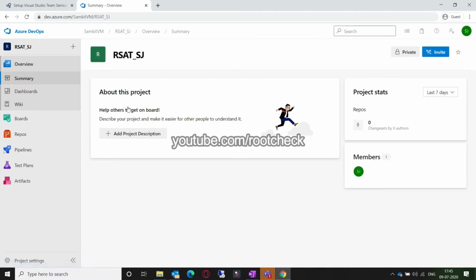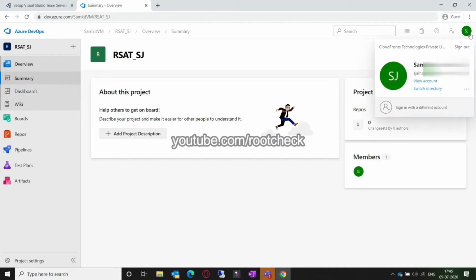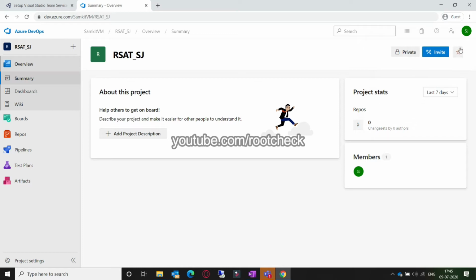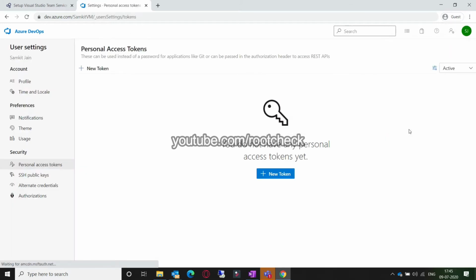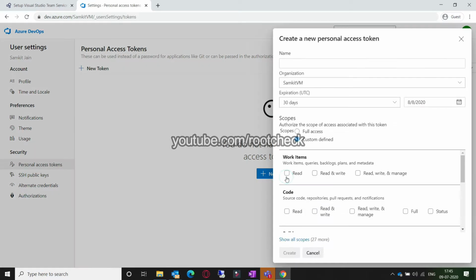Also I would like to let you know that for creating test cases in Azure DevOps, you would need the basic plus test plan. If you only have the basic plan, then it will not allow you to create test cases. There is a free subscription for 30 days for the basic plus test plan, so you could choose that.